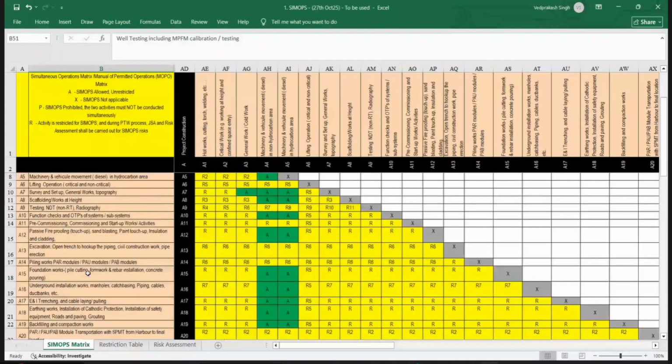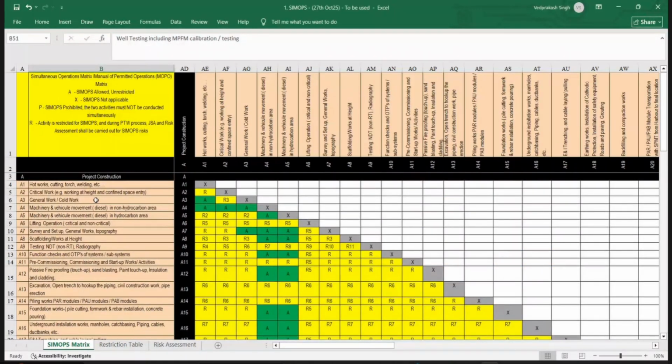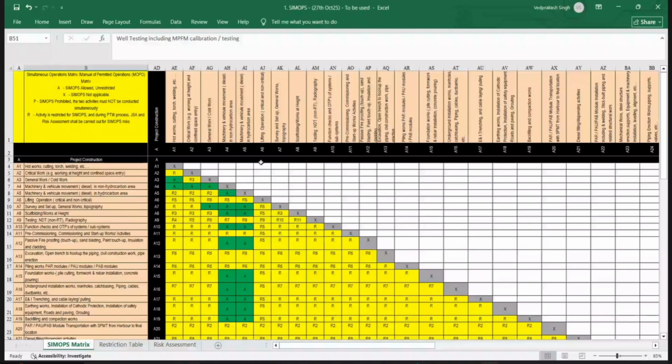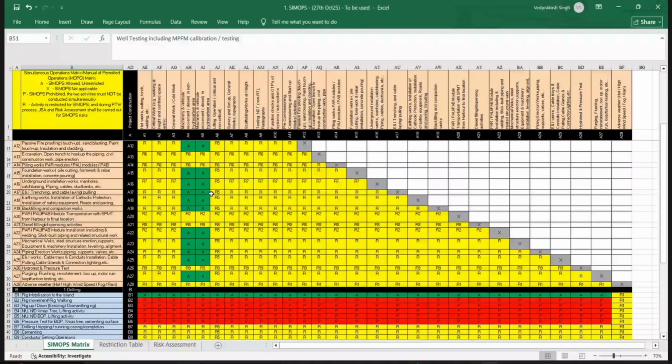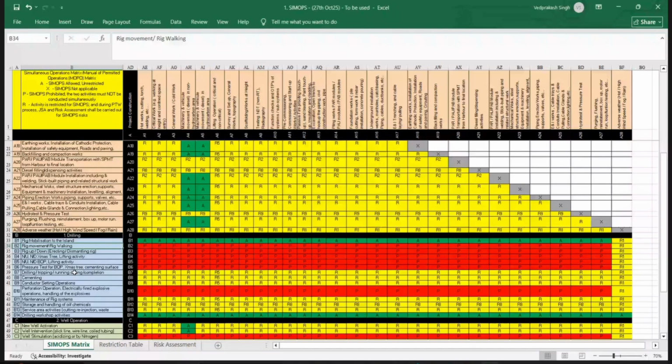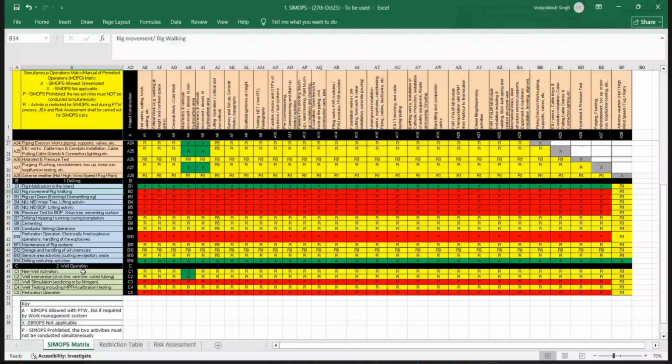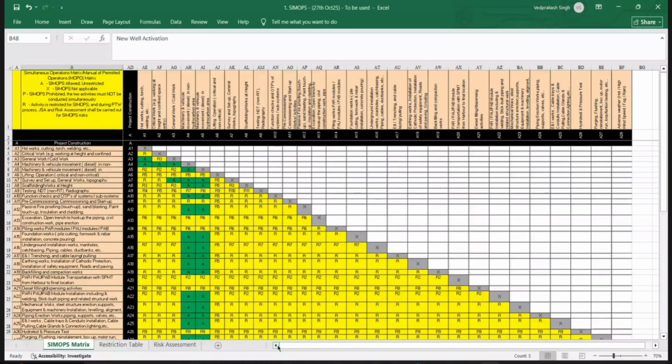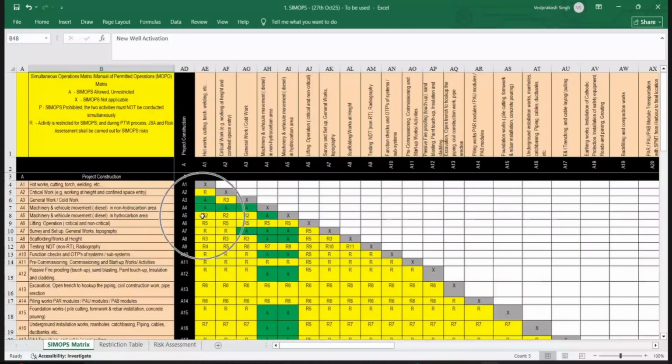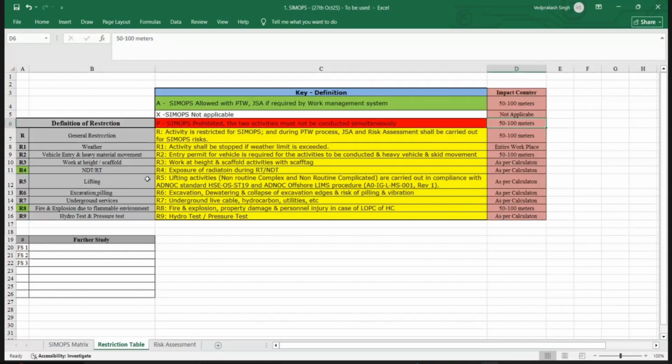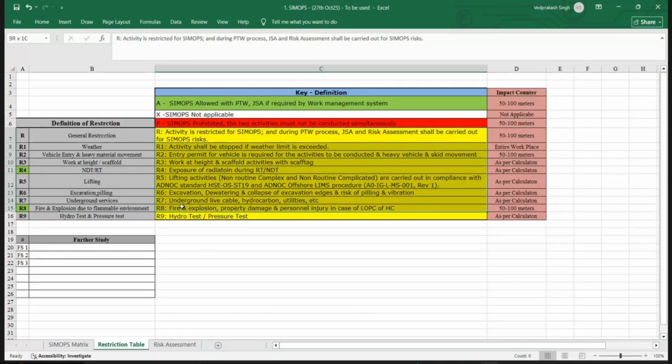First of all, we are going to see construction versus construction. Then we will see construction versus drilling. Then we will see construction versus well operation, if any. Okay. So guys, I hope we are aligned. And we know now the methodology. And we have defined our restriction tables. At any point of time, does the existing CMOPs which has been followed in